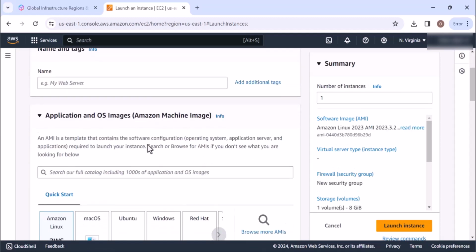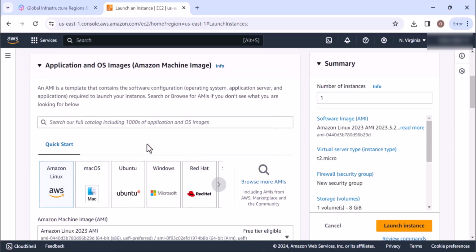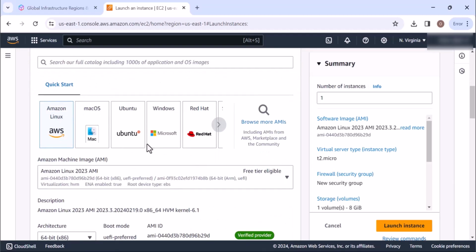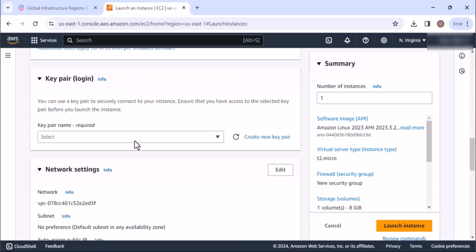If you want to know how, you can look at my video on how to deploy a React application, which I will add to the description. But what I want to show you is